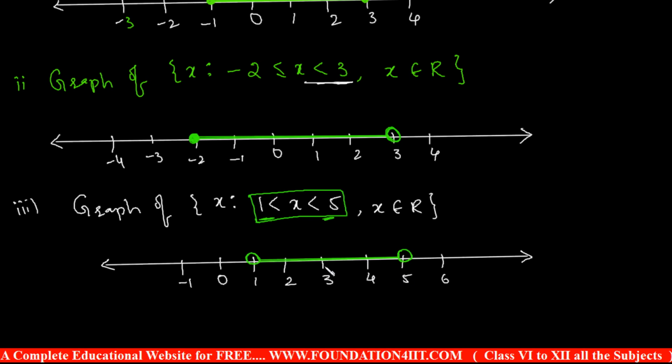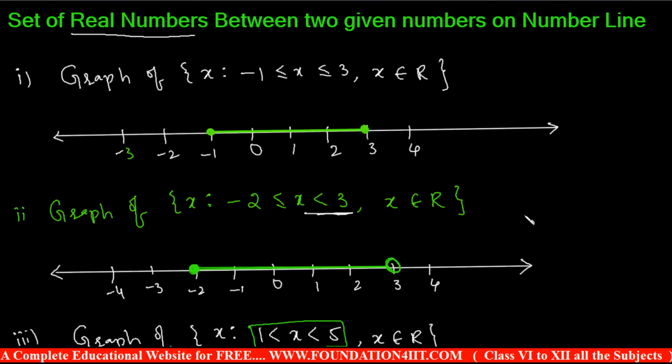So this is the special case here. Here is 1 as well as 5, not contained in the given set. 1 and 5 do not belong to the given set, but all the remaining points do. If it is contained, we can take it, otherwise no. In this way, these are simple examples. Like this you can do any type.